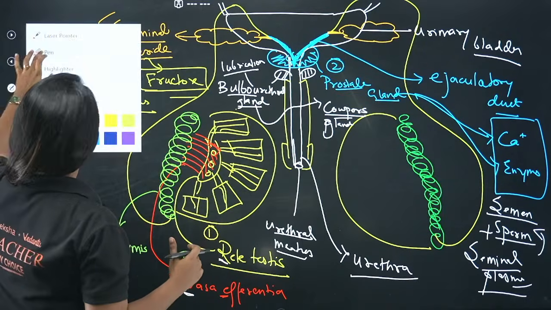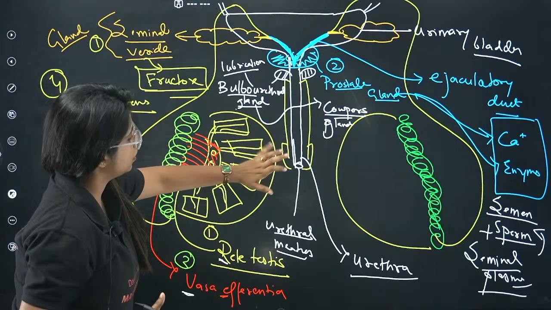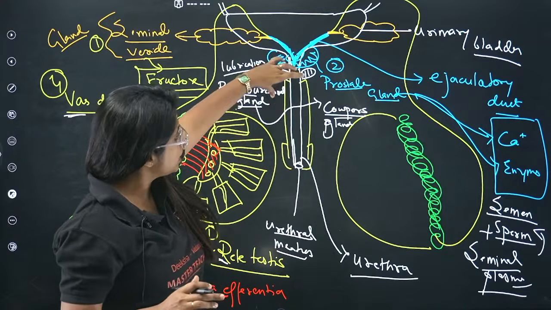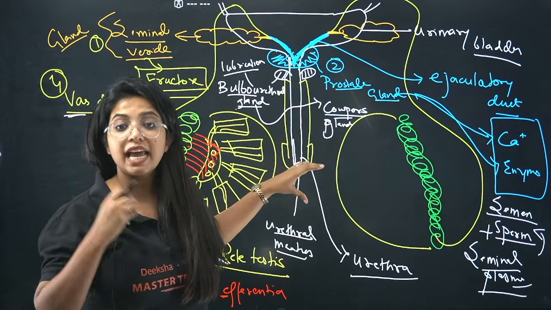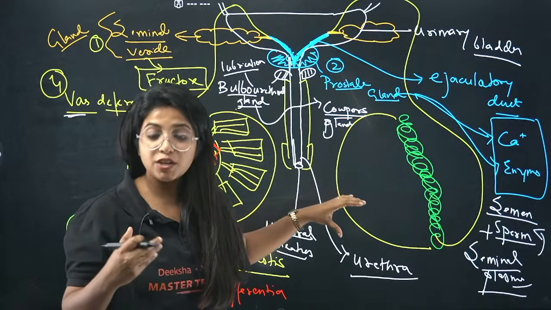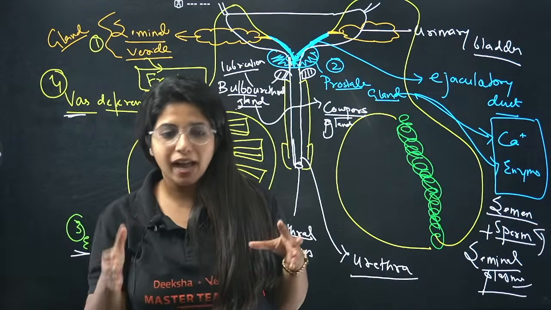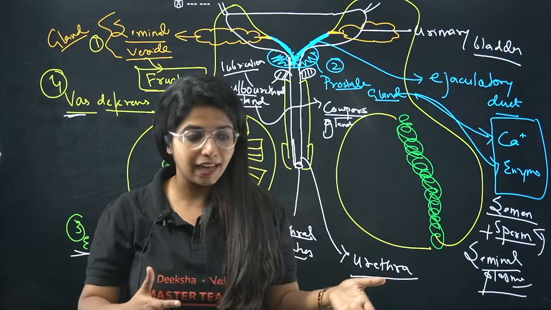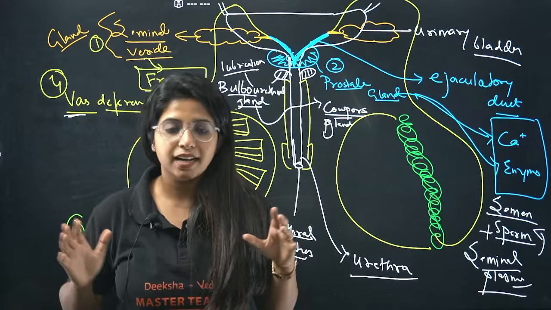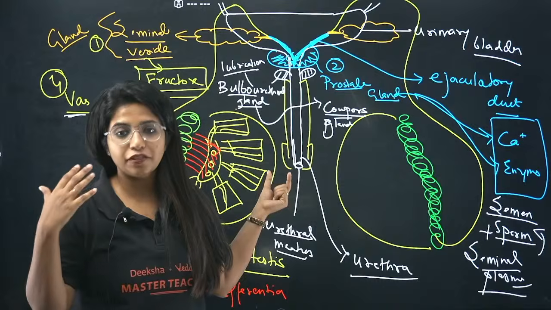Now, this part that you see over here, this is what? I'll try to zoom this in. No, it does not zoom. So over here, this part that you see is the male external genital organ. External genital organ means it is outside the body, and it is a genital organ. It is there to pass the gametes out. It is known as the penis in the case of males.